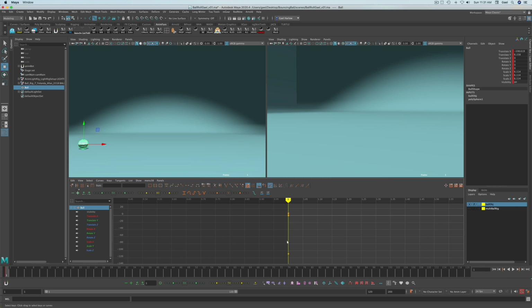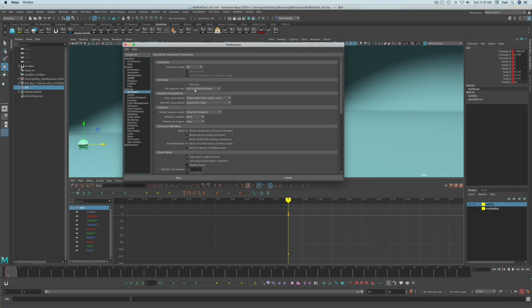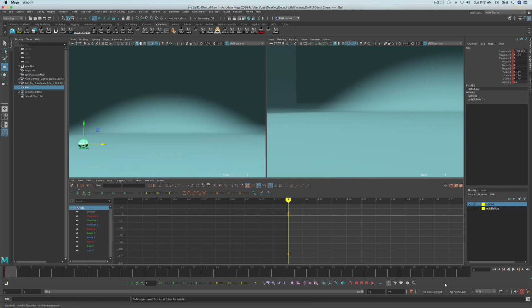Right now this shot is 120 frames, so I'm going to change it to 40 down here. Okay, and I'm going to make sure by going down here to the little running man, clicking on it, going to animation, and making sure that I have auto key ticked, and I do. So I'm going to go to frame 40,